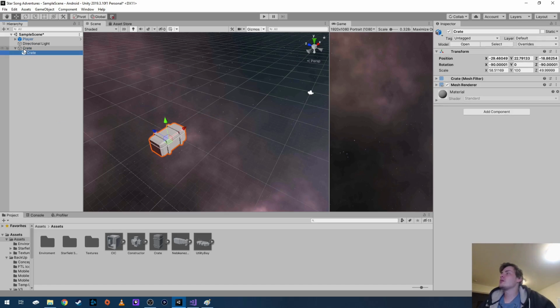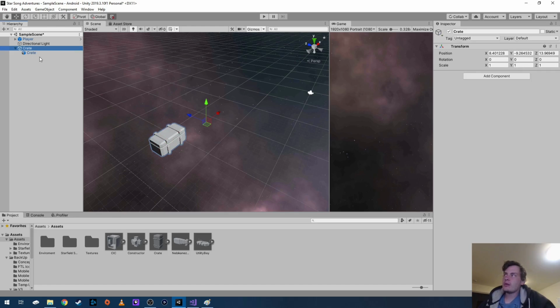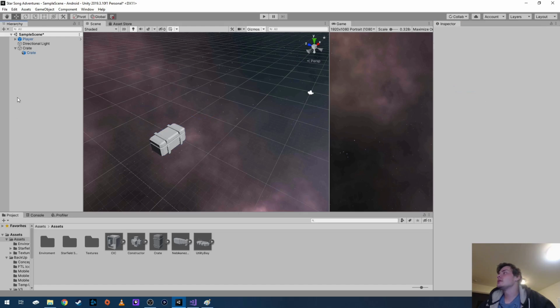Now you're probably asking me why the hell am I doing this? It's purely because sometimes geometry that you import gets a little weirded out when it comes to its directions. So if you make an empty game object, you make it a child, then it helps it out. All right, there we go. That's a crate. I'm going to give it an object tag, and then we are going to save it